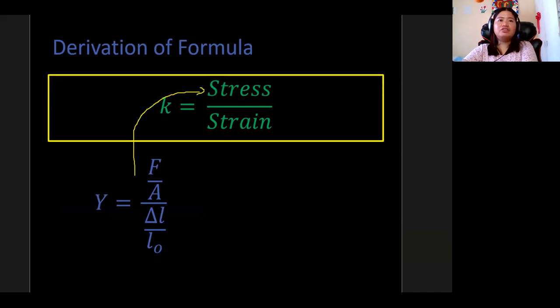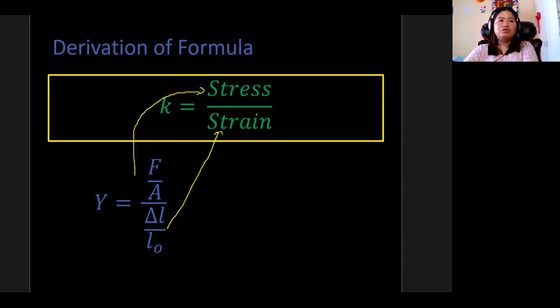And now the strain, if you recall the first slide before this, you will see that I use L to represent the dimension, because Young's modulus, if you remember, is all about the change in length. So we have here delta L, or the change in length, over the original length. That is the formula for strain.